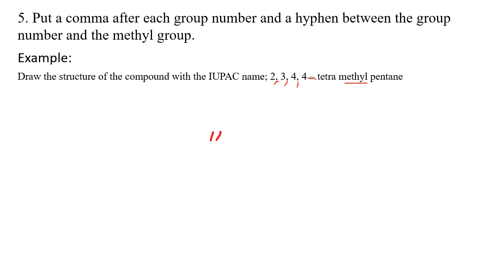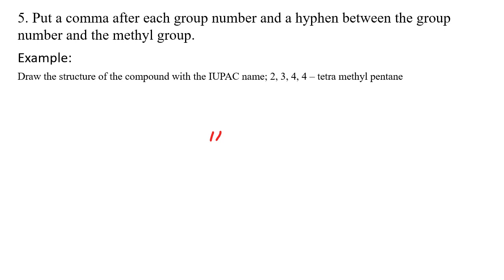differentiate the numbers. So we'll say carbon number 2, carbon number 3, carbon number 4. These numbers are simply telling us on which positions the methyl group, or perhaps the ethyl group, is actually belonging. So we put commas to differentiate them, and after we write the numbers, we put a hyphen, then we write the name of the group. Okay, so our example is telling us to draw the structure of the compound with the International Union for Pure and Applied Chemistry name